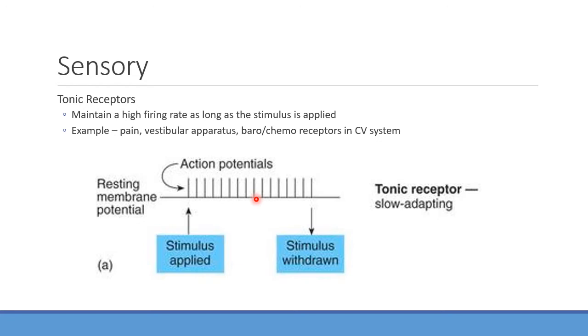So I need to know constantly where my head's at, where I'm sensing these different types of movement, because if all of a sudden I get used to being upside down or something and then I flip around, I need to know those sorts of things, otherwise I'm going to get dizzy and fall over, right? How about for pain?